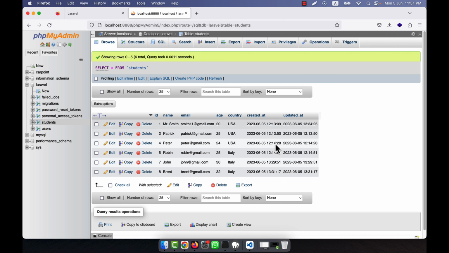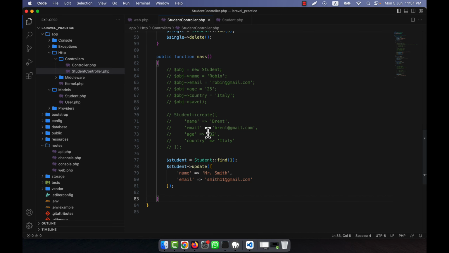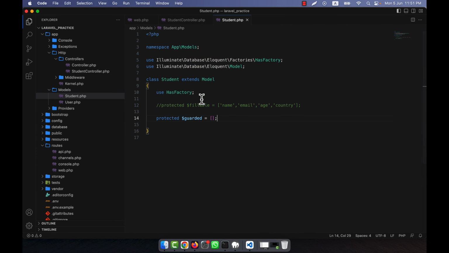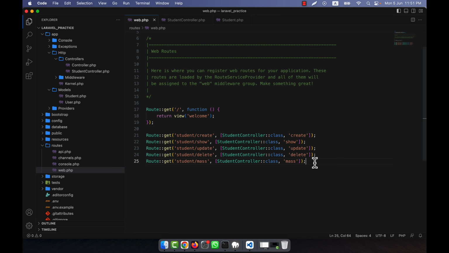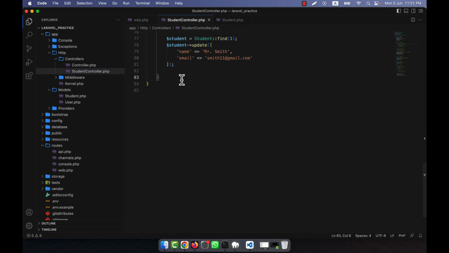I am going to show you so that you can understand. First, in order to show that, I am going to my web.php here. For example, I am going to create the index here, and I am going to work with the index. Okay, so public function index. So here I am going to use that. My model name is Student, and here I am going to write